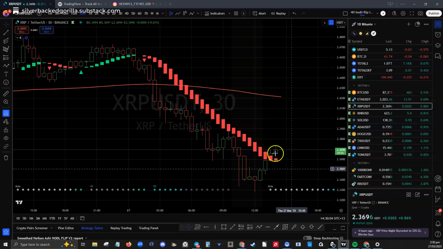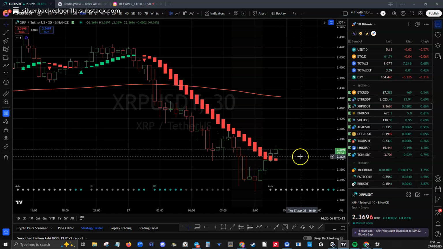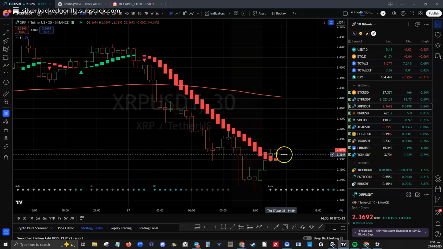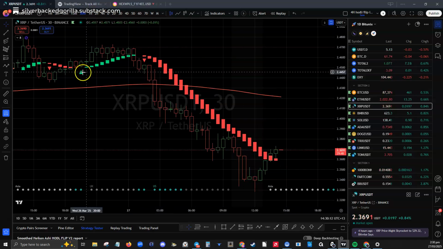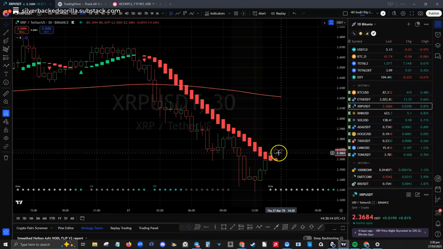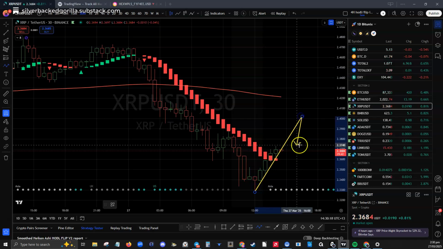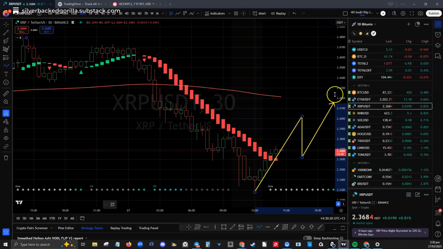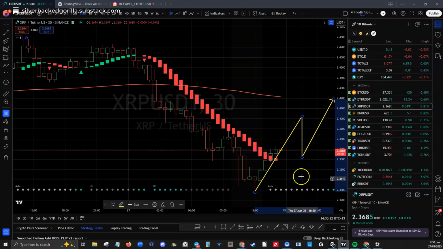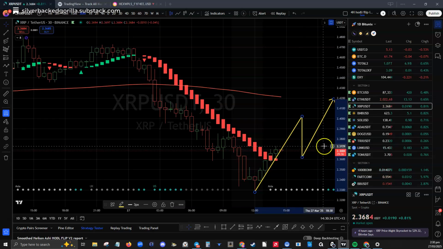I would like to see it come up and then come back and retest, and then show up as a change of trend. One of these babies here. So again, what I'm hoping to see is something like this, and then a continuation up. We're going to jump on the train around about here.